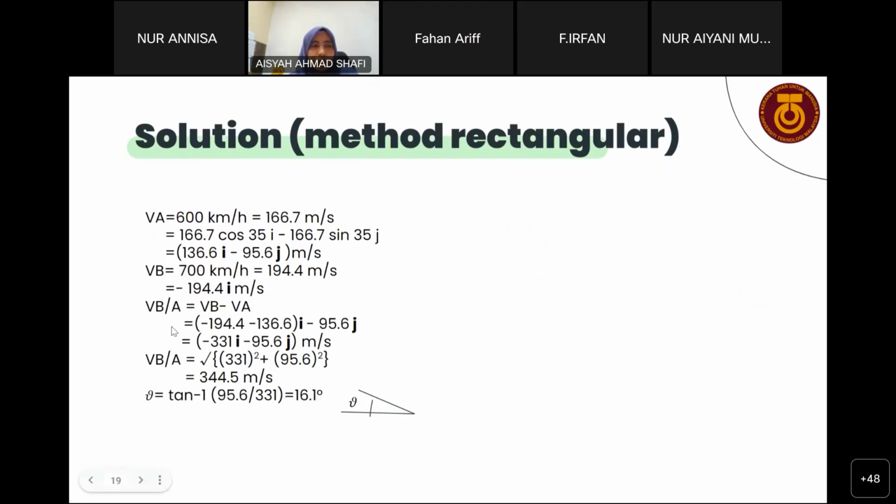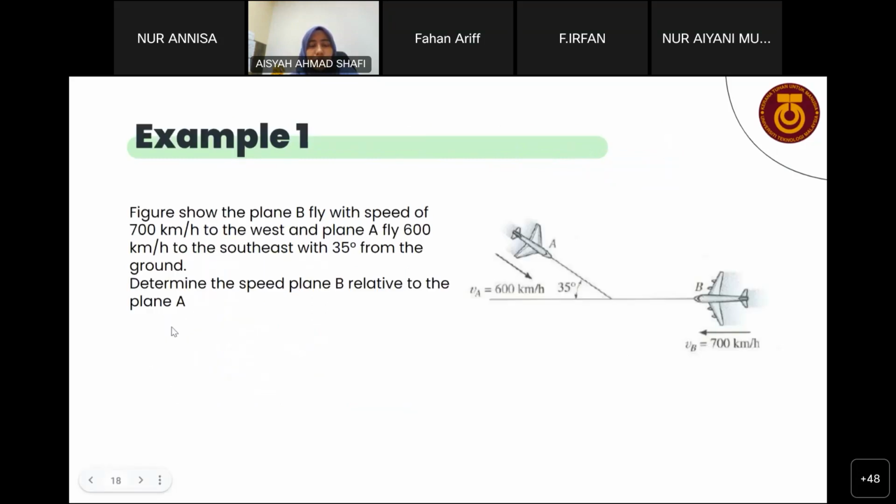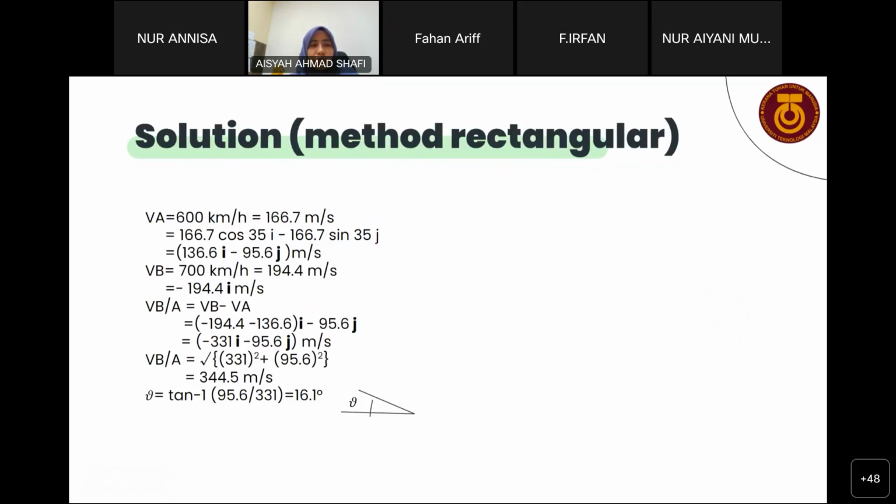And the formula for the velocity of B relative to A is VB minus VA, because the question asks you the speed of plane B relative to plane A. So it is B minus A. Solve in the I direction first and then in the J direction. So you will get negative 331 I minus